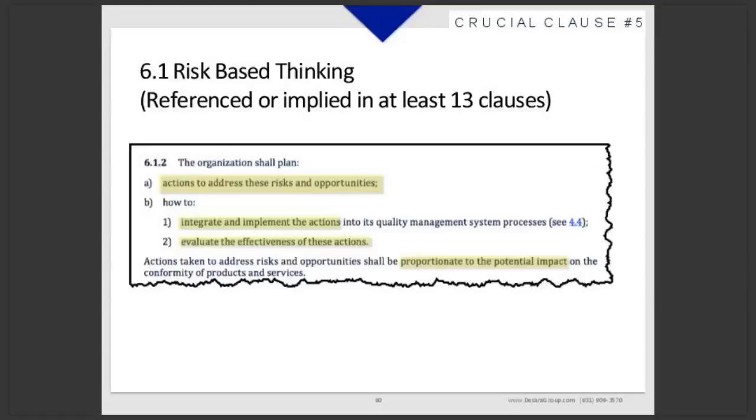But notice it says that your actions should be proportionate to the potential impact. What that means is don't spend $1 to save a dime. Don't try to protect against earthquakes in Dallas, Texas. They can happen, particularly with fracking. We get little earthquakes now and then, but it's not like living on a fault line in Alaska, California, Japan,